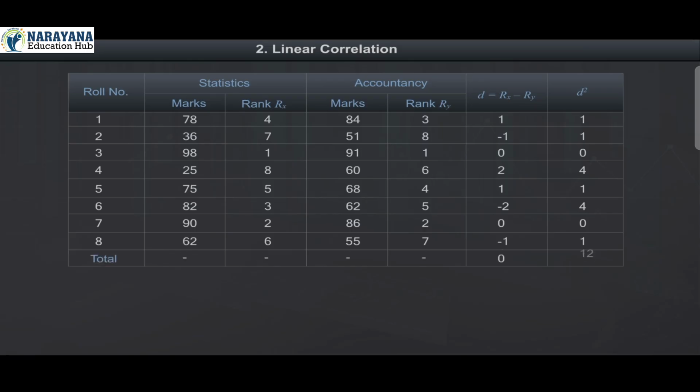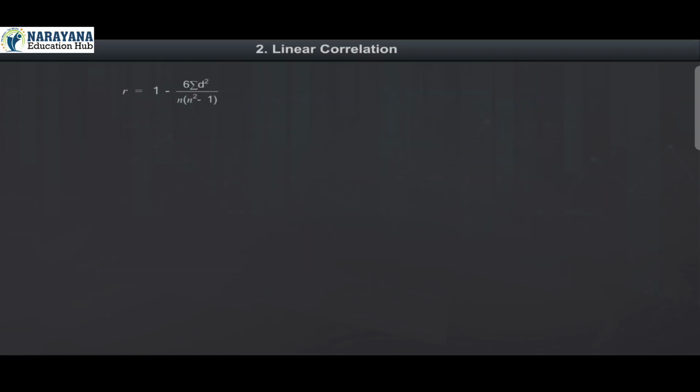Total 0, 12. R is equal to 1 minus 6 sigma d square divided by n into n square